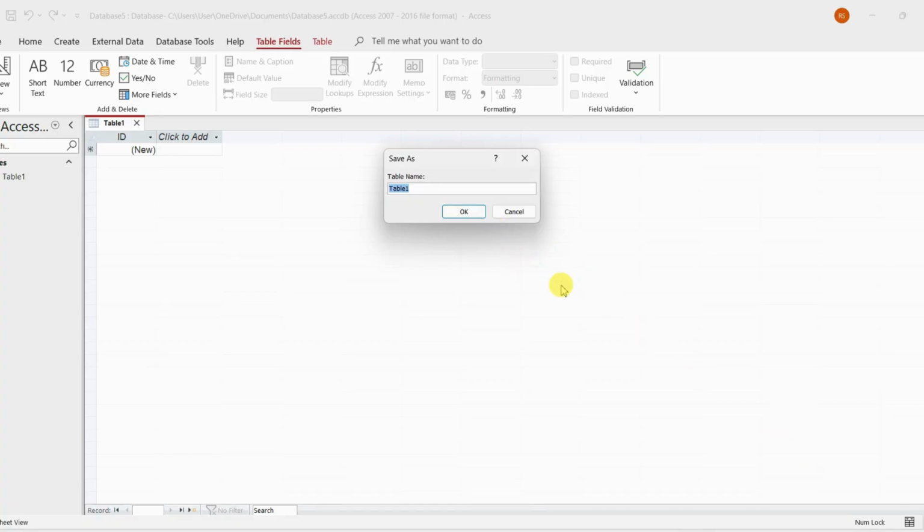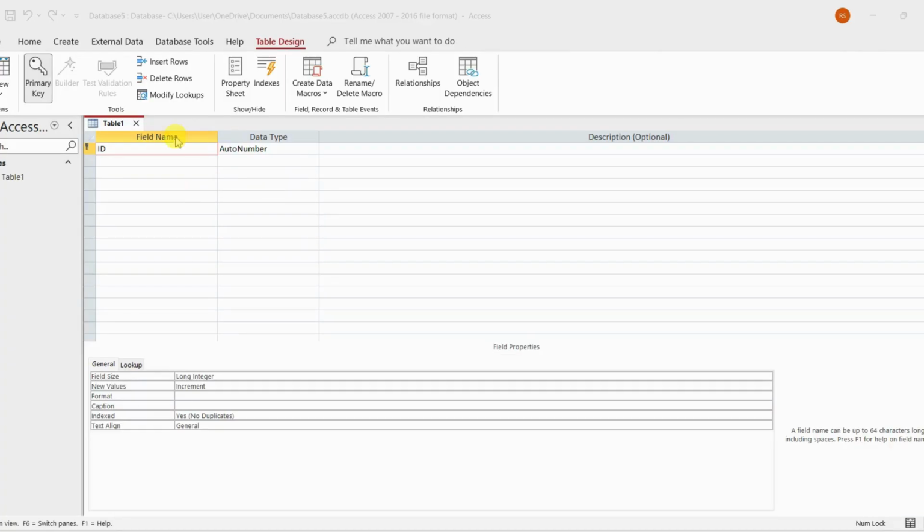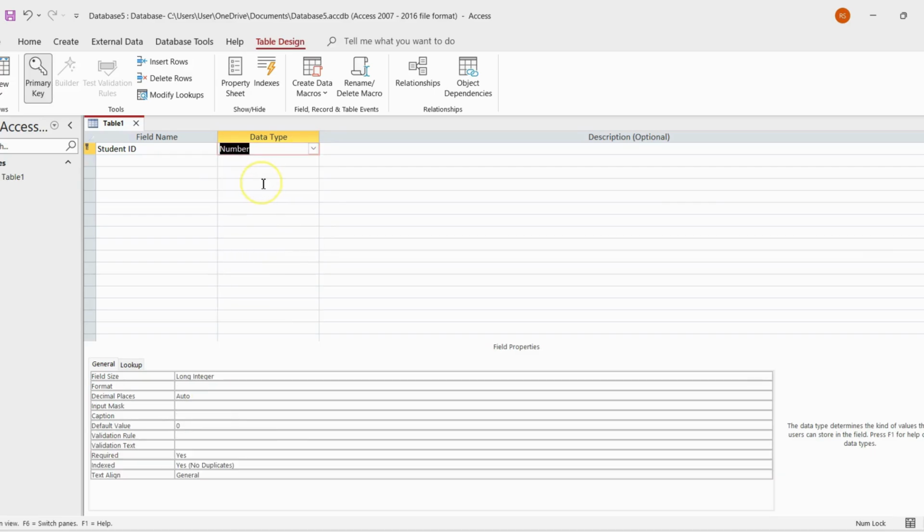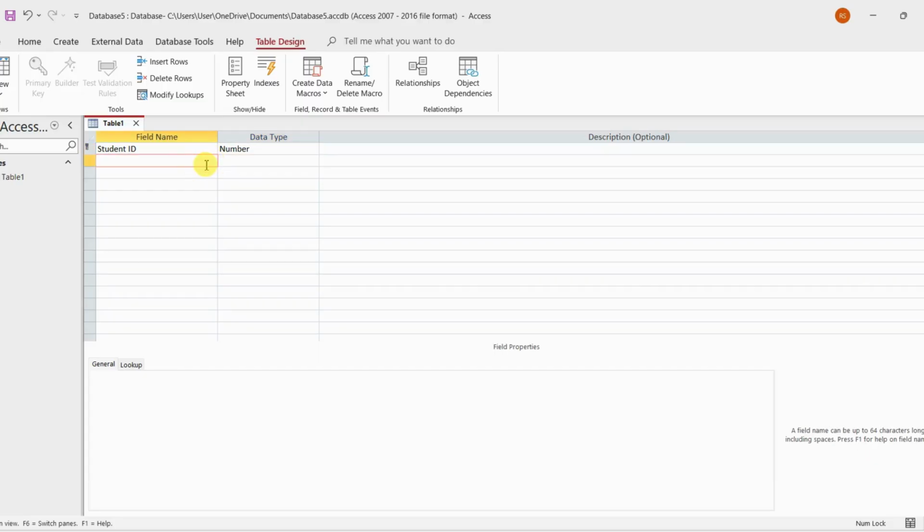For entering in this design view, we have to save the table. For now, I will save the table as table 1. In the design view, I will click right here and change the ID to student ID as the question stated. Now, I will set this from auto number to just number. Then I will add student name